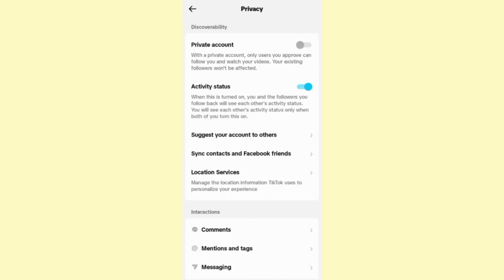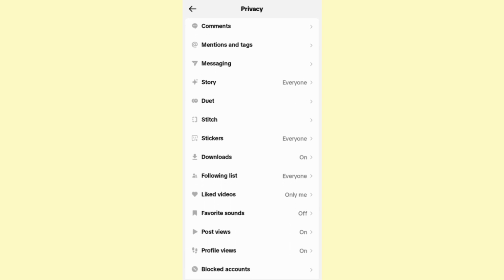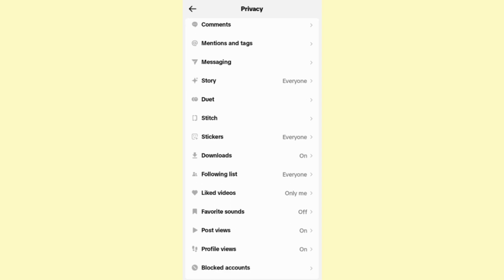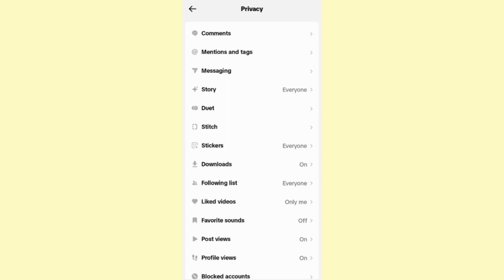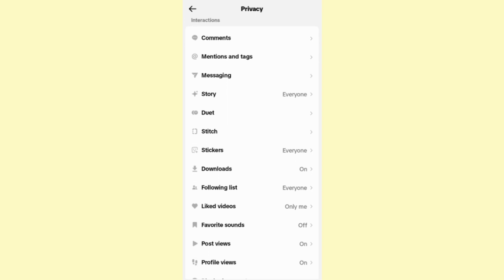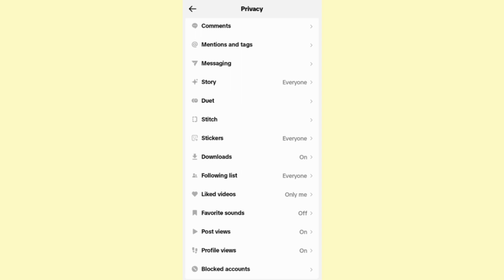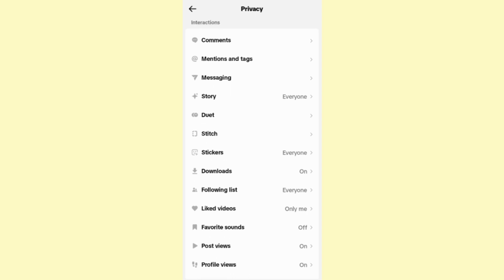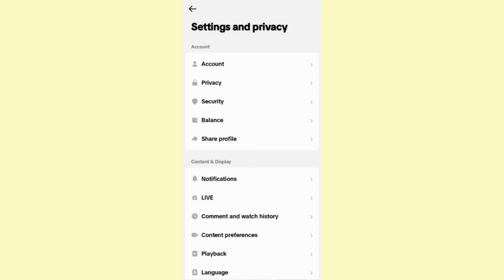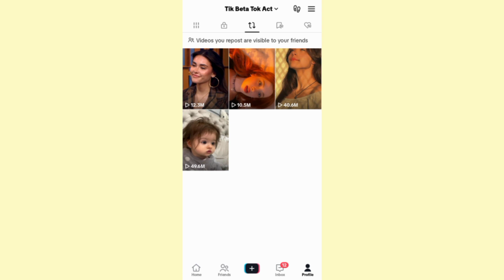privacy section, where you can control the privacy of everything on your TikTok, we cannot see the reposts option right here, meaning that as of right now we cannot change the privacy for the reposts videos, meaning they are automatically set to be visible to friends only, but we could not change their privacy yet to